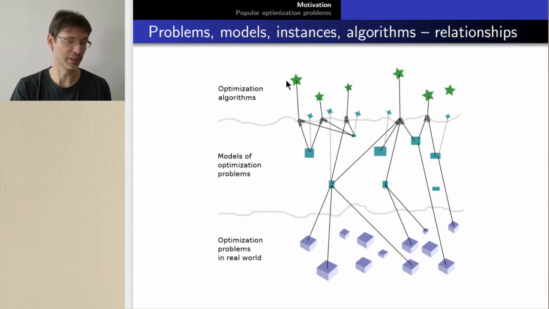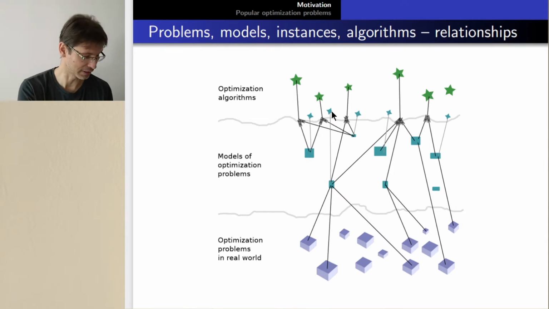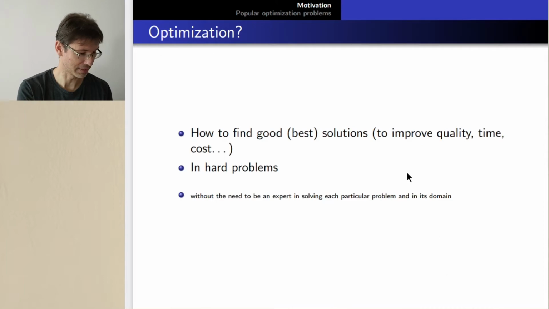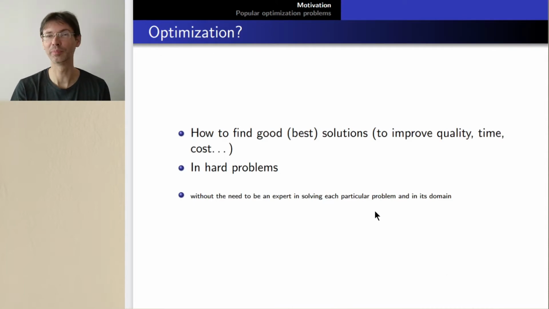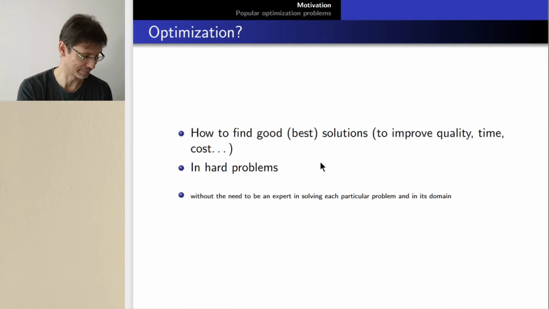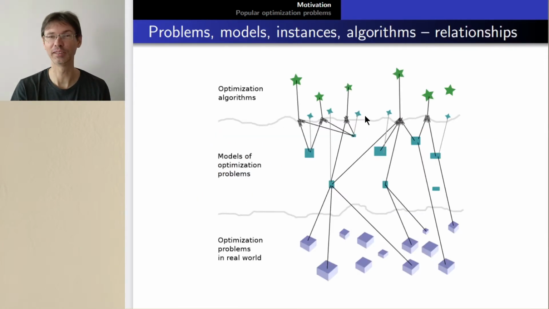We had a heuristic approach, and I mentioned that heuristics are not so interesting for us because of this tiny text. You remember this tiny text? We don't want to be experts in every domain where we apply optimization. So we don't want to learn heuristics for every domain of life. Then we had local search in 2 variants, greedy and steepest, and we had taboo search and simulated annealing. So quite a few algorithms.